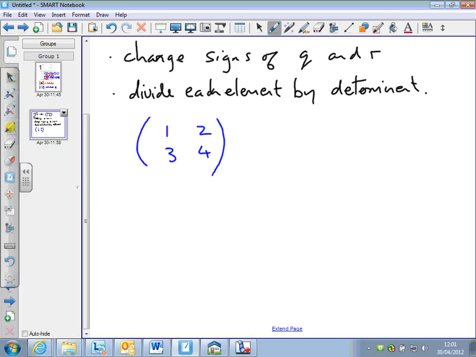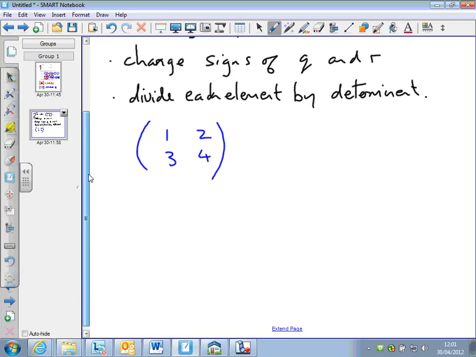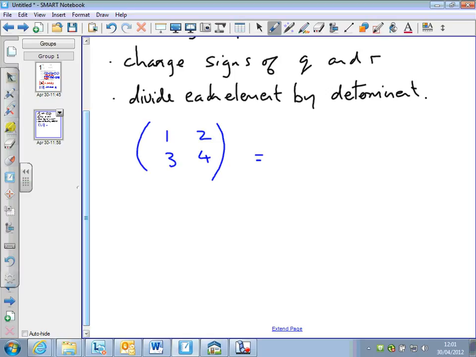So for this particular case, we interchange P and S, which in this case is the 1 and 4, and we change the sign of Q and R. So this is going to give us 4, 1, minus 2, minus 3, and then we divide each of the elements inside this by the determinant, which we worked out to be negative 2. So we divide each element by negative 2, which gives us